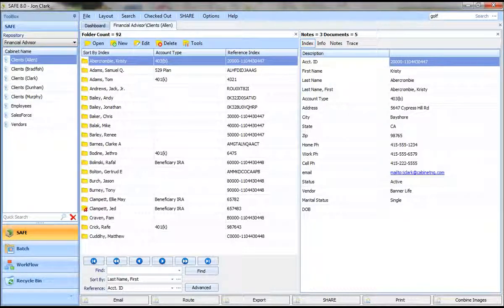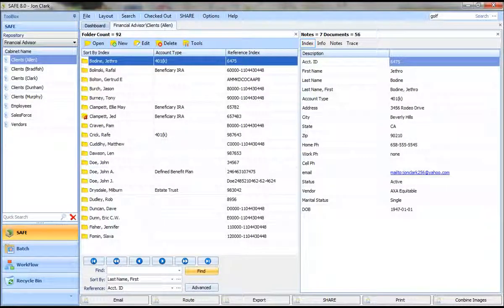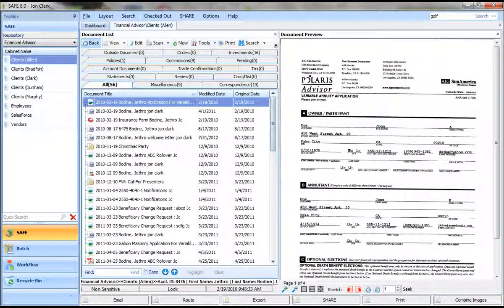I'm in the client's cabinet for Alan, and you can see that within that cabinet I have folders. These represent one folder per client. I can search for a folder by just typing a few letters down here and doing a folder search. So if you have hundreds of folders in a cabinet or even thousands, it's easy to get to the folder you need. Simply click on Open, and you're looking at the documents within that folder along with tabs that you